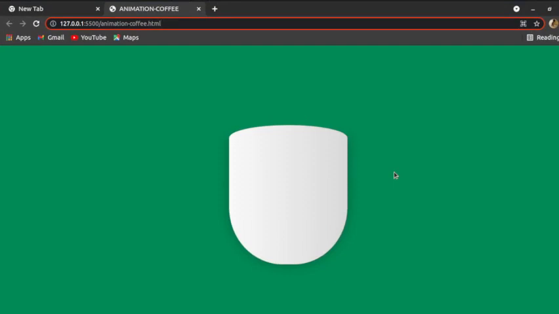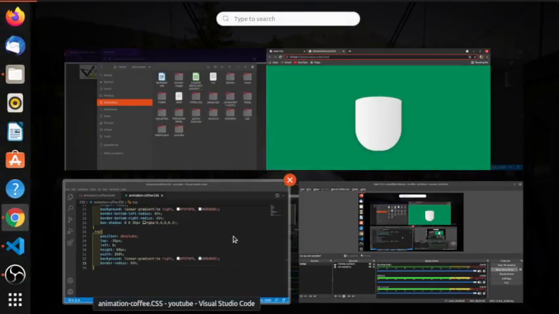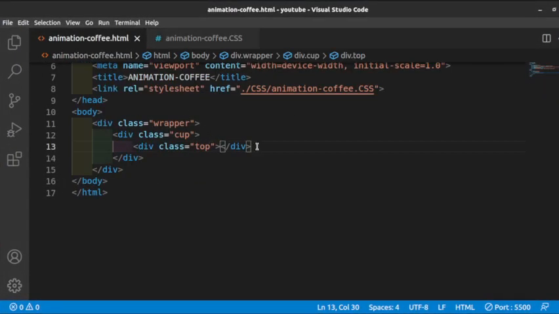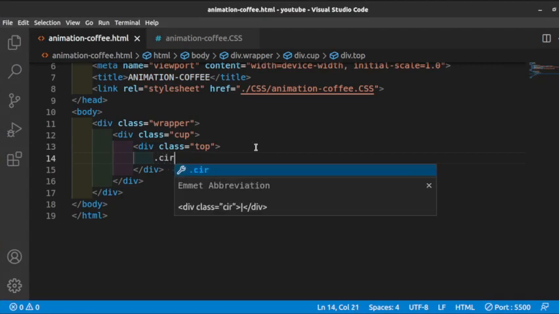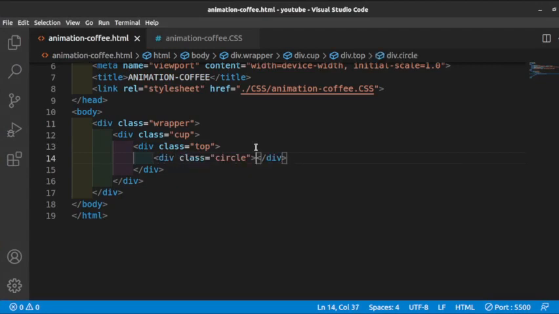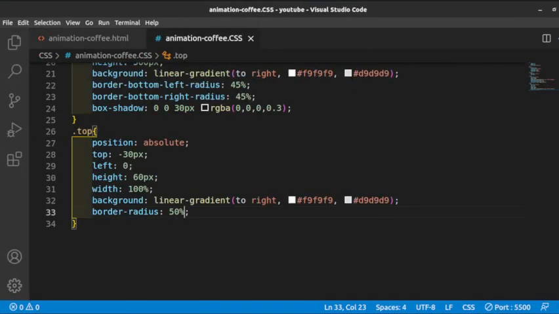So once again we can go back. We have our top, and inside the top we have another class here we can call circle. If you confuse these, they will not come out properly. We have circle, and we are saying